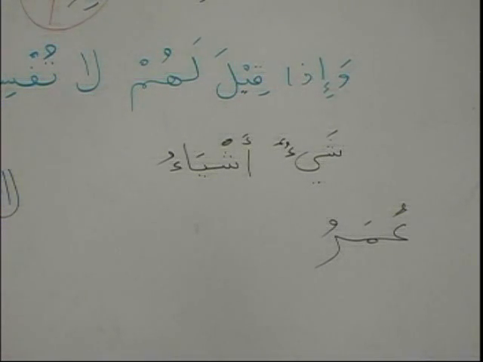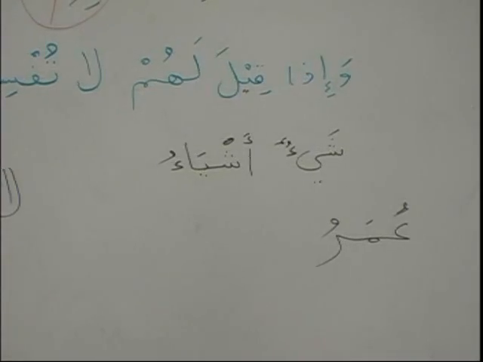Maza turidu ya Umar. Now Umar is replying, Uridu kalaman. I want a pen. Fine. Ma indaka kalamun. Translation, brothers? Don't you have a pen? Bala. Indeed, yes. Remember? Bala, when the question is in negation and the answer is in affirmation, you will say Bala. Indeed, yes. Indi kalamun azraku. I have a blue pen.